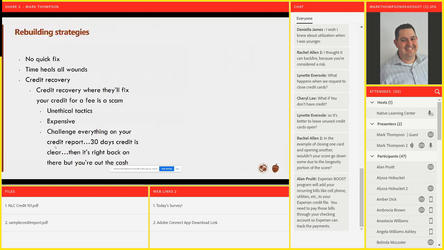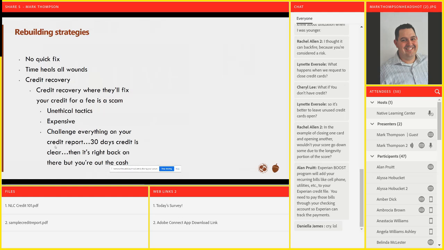There's no quick fix. So if you see people that want to do credit repair and they want to charge you money, avoid that. I was just reading about a person in Houston. I don't know if she's been convicted, she's at least been arrested.